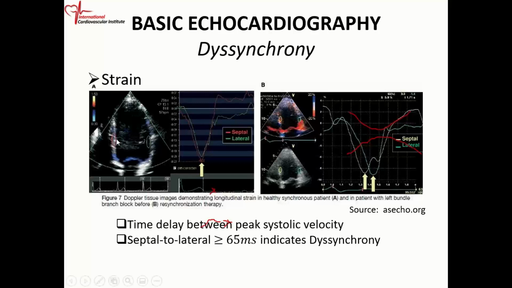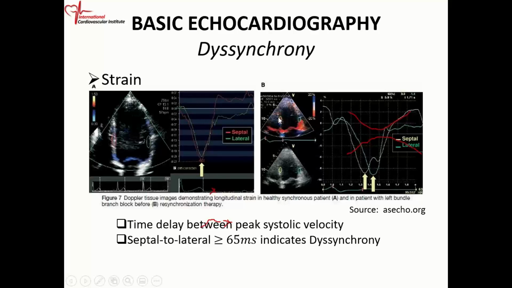So you can do a strain analysis of the septum right there. You can do a strain analysis of the lateral wall. Superimpose them. Okay, the peak's supposed to occur at the same time. So this is a normal heart. There's no dyssynchrony here because you have peak velocity. So the septal strain is in red, lateral wall strain is in green. So the peak occurs at the same time,